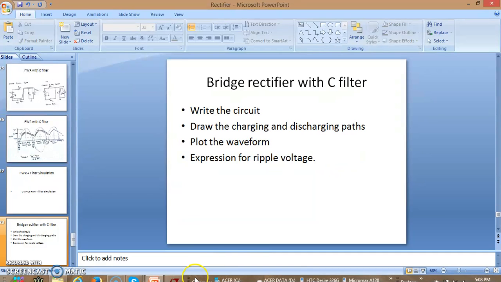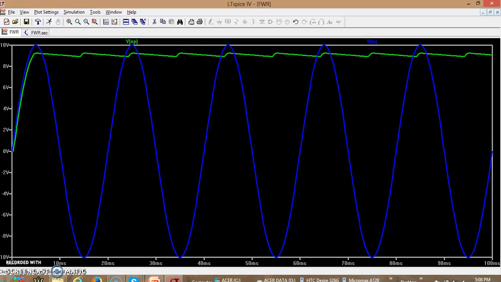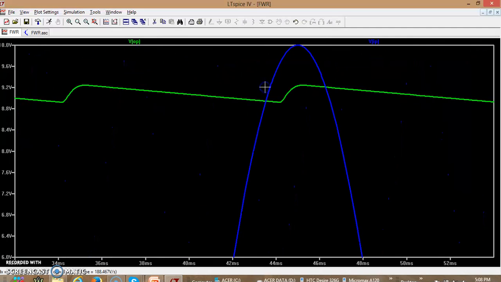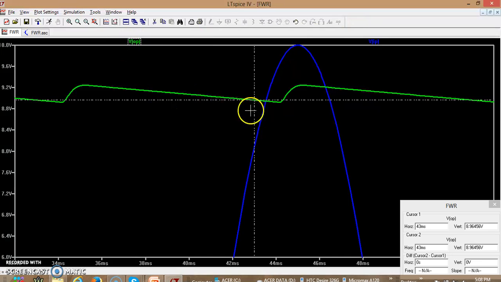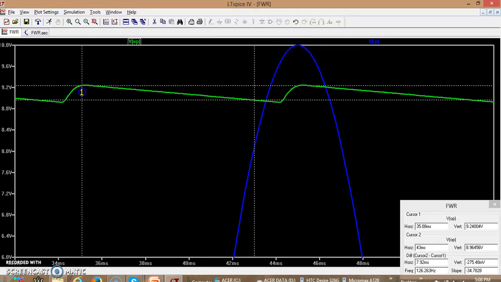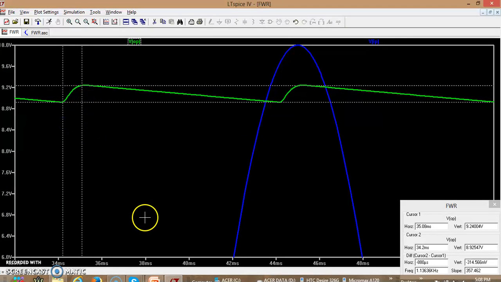So I want all of you to verify the ripple voltage whatever you're getting. Suppose you want to verify the ripple voltage, what you can do is you can have 2 cursors on this. You can see now this is the maximum of the ripple voltage, and this is the minimum of the ripple voltage. Now the difference between this happens to be 314 millivolts. So this is what is ripple voltage. So this should be equal to this, that is